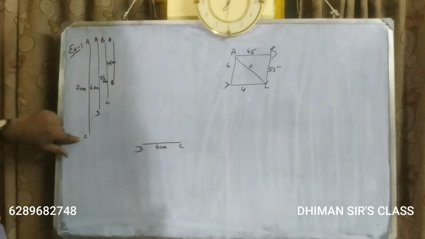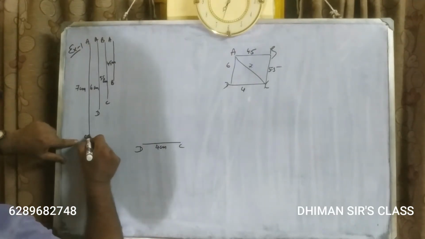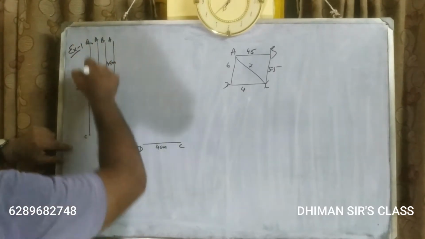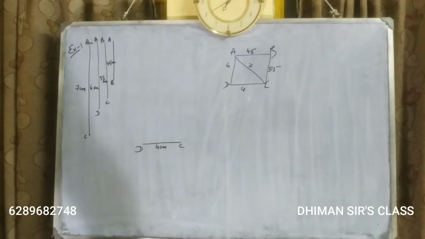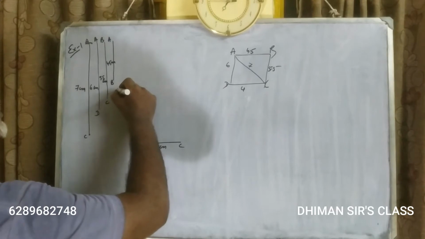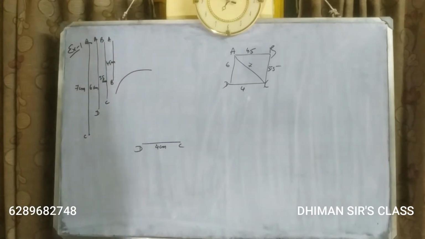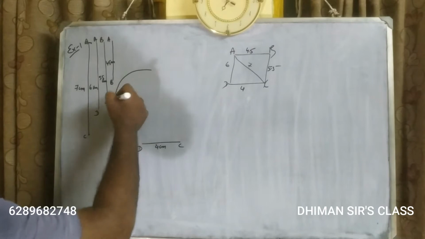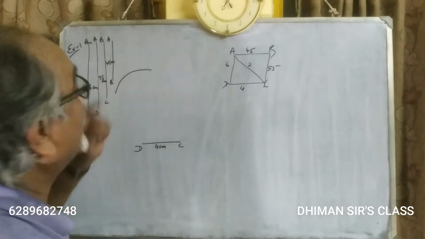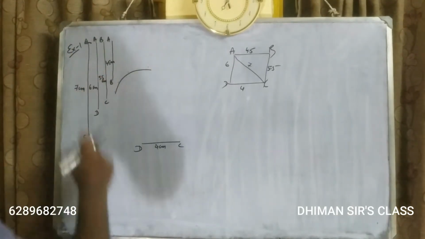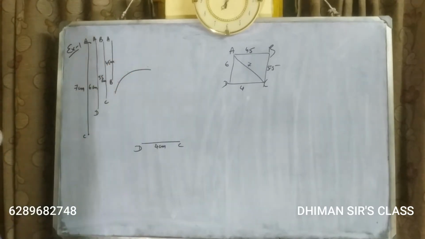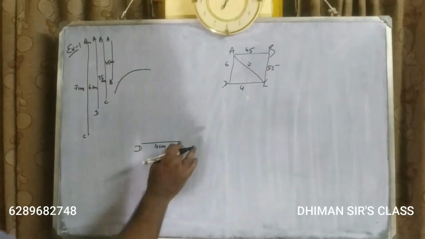Now take your pencil compass. With the help of your pencil compass, put the needle here and give an arc here so that you can take this measurement. Okay. So after you have taken this measurement, put the needle here, draw an arc like this. Means A will be somewhere on this arc. We don't know. It may be here, anywhere. We need a point. One more arc will denote the point where A is situated. So therefore, the C matter is over.